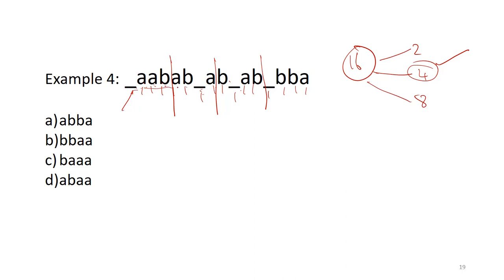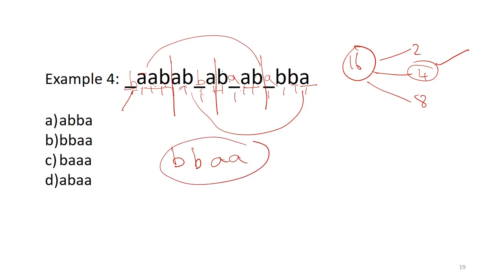Okay. Here AB is here. So that means these two are similar. Similarly, these two are similar. So A, A. So B is here, write B here. Similarly, B is here, B is here, A is here. So A is here, write A here, B is here, B here. So my answer should be B, B, A, and A is here, A is here, A. B, B, A is my answer. Option B.